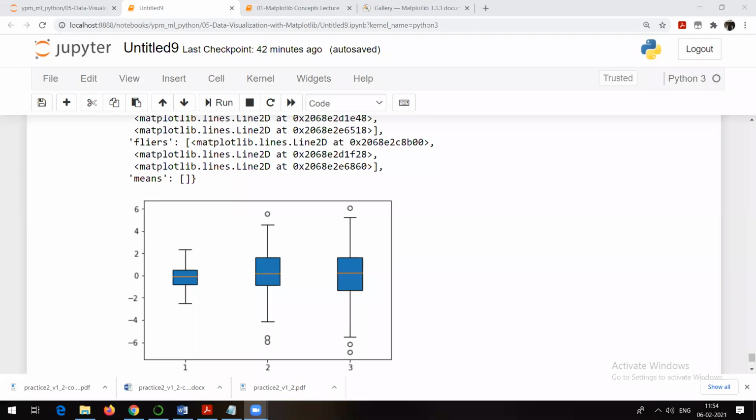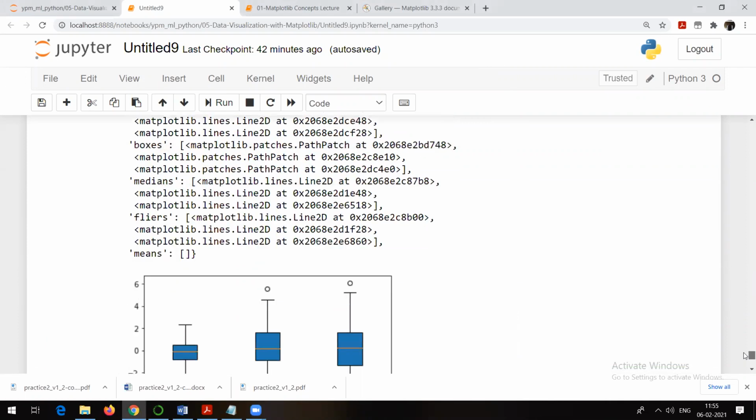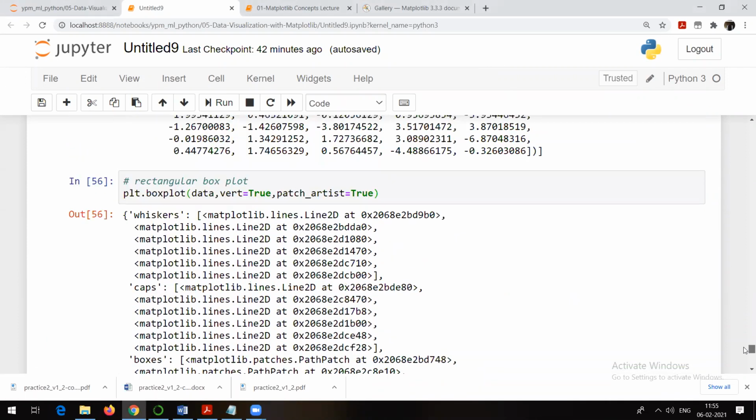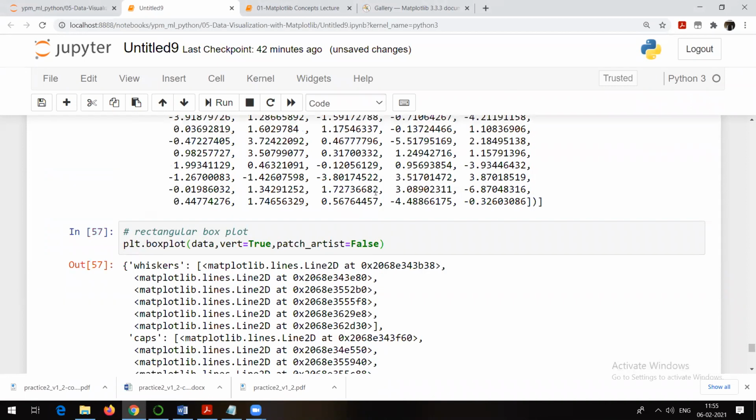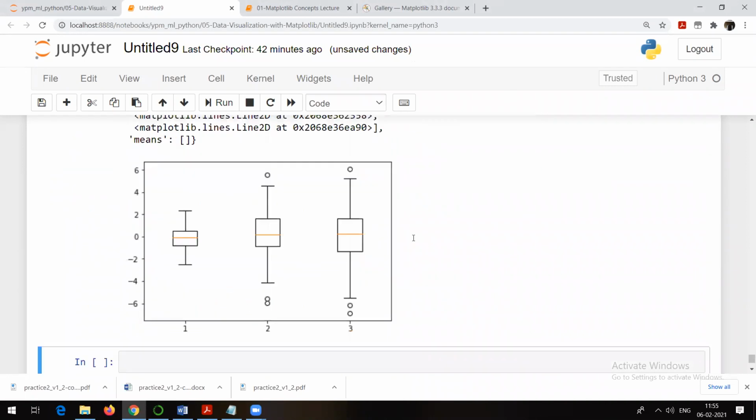But as I told you, we will be discussing this in more detail with some more examples in the next package, and that is the Seaborn package. At that time, it is going to become more clear, so don't worry about that. We will see some more examples for Matplotlib. Okay, so let me run it and see what happens with this artist.